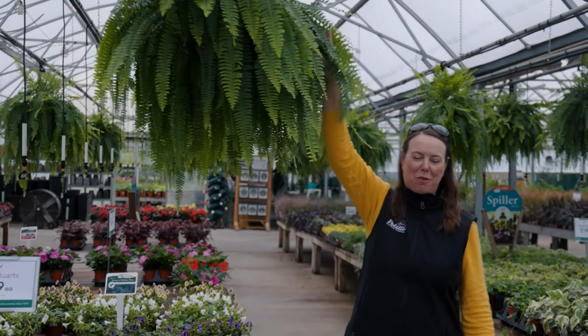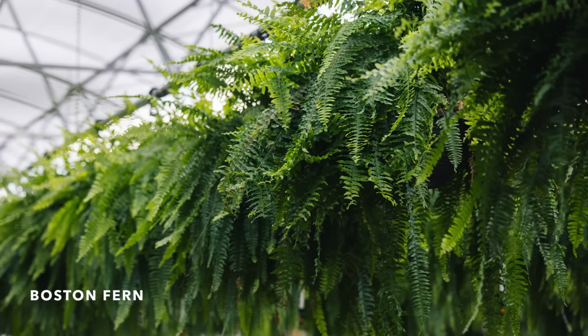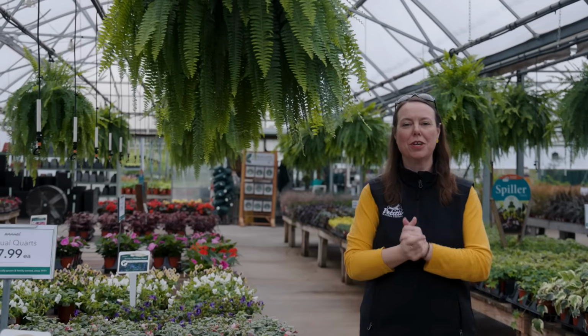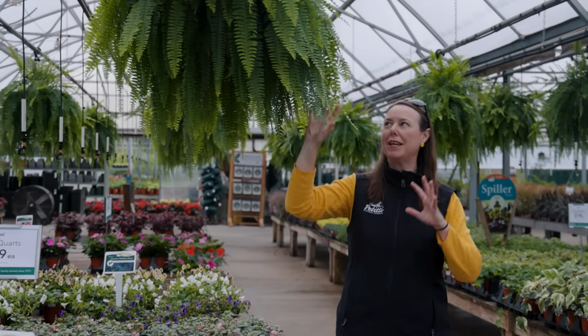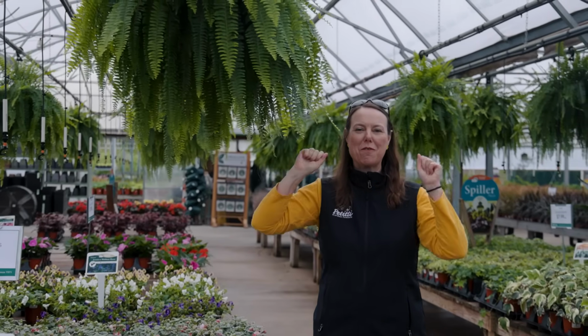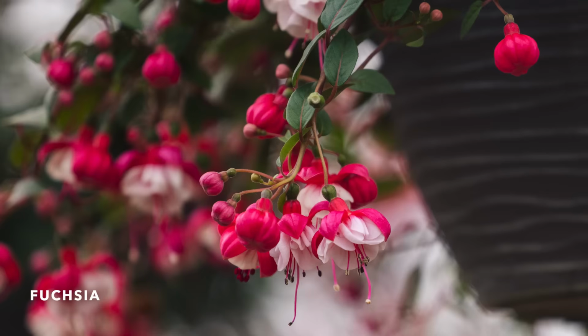And one of our favorites, of course, is the Boston ferns. And these are fantastic plants. Showed you in Casa Verde. Casa Verde was really, really full. These are just starting to come into the garden centers right now, but looking gorgeous, bright green. You can't beat that shape and that texture of the plant. And the smell. I love the smell of Boston ferns. They have that fresh green smell. It's really, really awesome. And then of course, one of our other favorites for shade is gonna be the fuchsias,